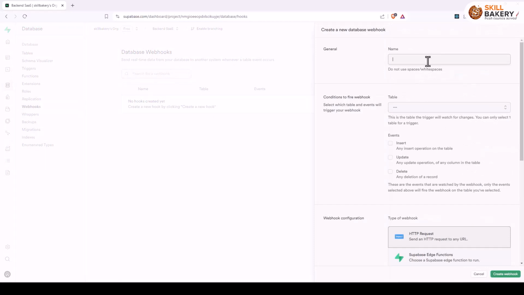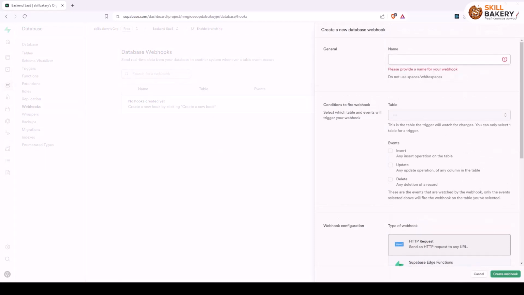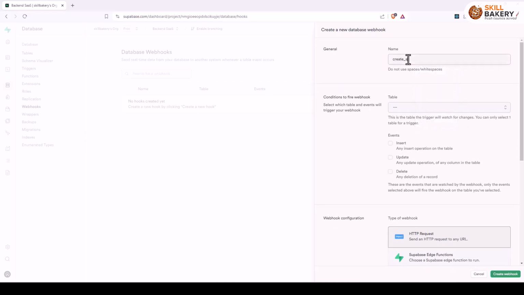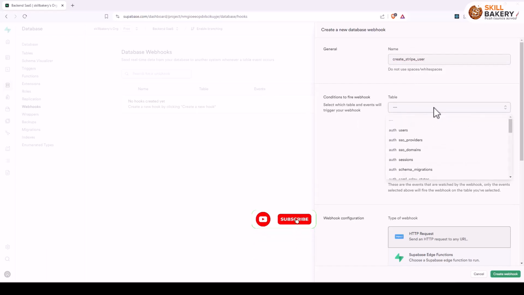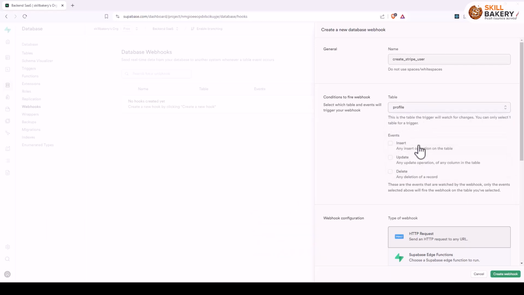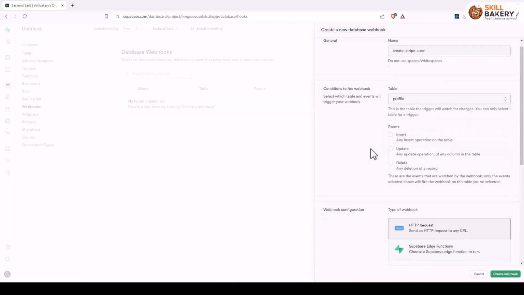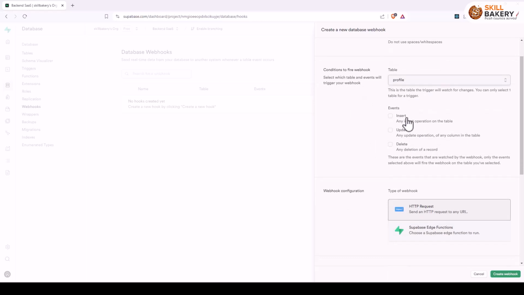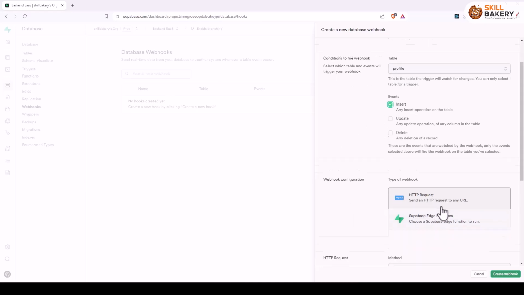Now, we need to provide a name over here. As our function, we had this create a Stripe customer, so here we'll be doing that only, create Stripe user customer. Then the table that we need is the profile table, so we have public schema, profile table. And after that, the event that we want is insert. So any insert operation that happens over here will be tracked,